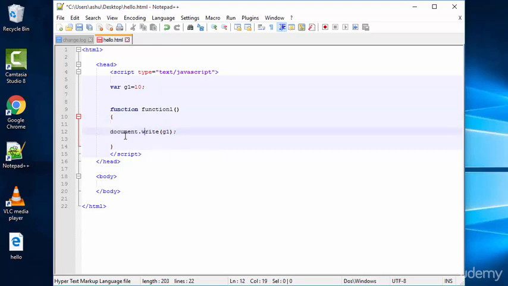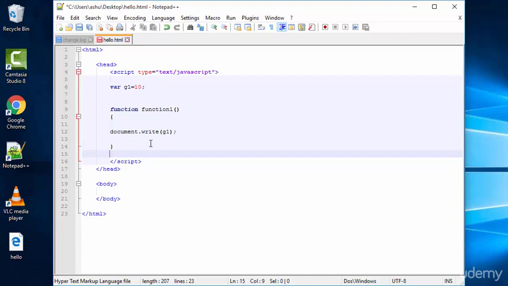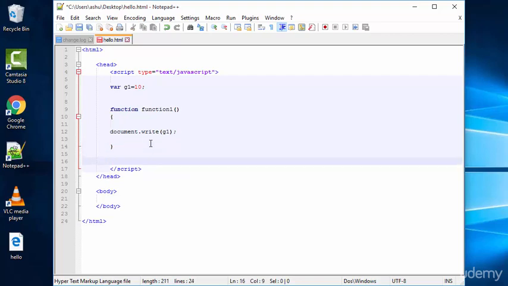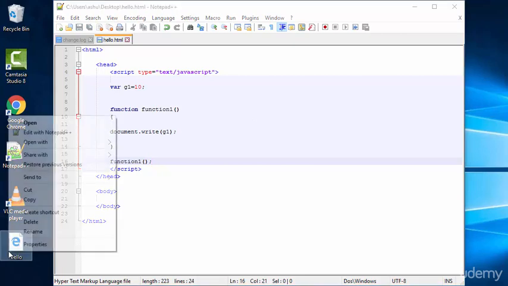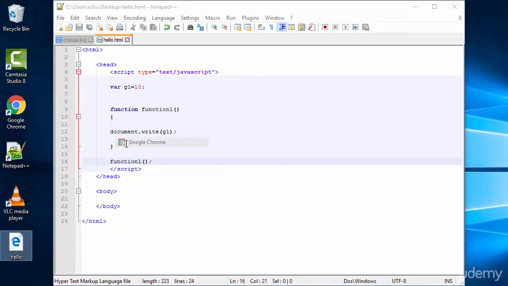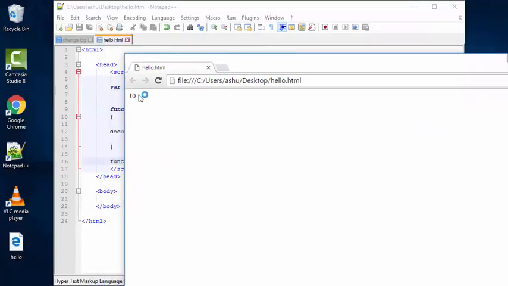Basically this function is going to take the value of g1, which is 10, and print it out. Once this is done, we use the function call. In order to call the function, we type the function name, function1, and give parentheses and a semicolon after it. Now if we save the code and execute it, we'll see that 10 pops up